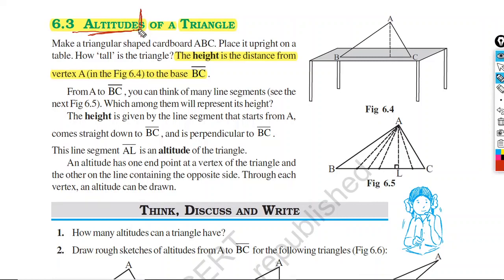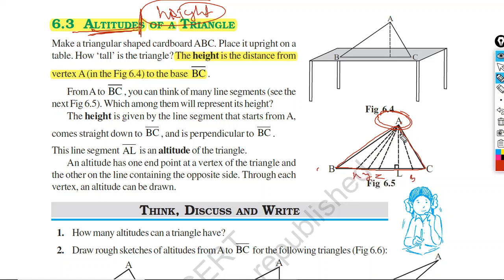Now we will move to another concept, that is altitude. Altitude, otherwise we also call height. Okay? So what is altitude? Now let's draw a triangle. Okay, here you can see triangle ABC. Now we will consider the vertex A. From vertex A, can you find the distance to BC? Okay, there are many distances like BA or AB. Then if you name points X, Y, Z, M like this.